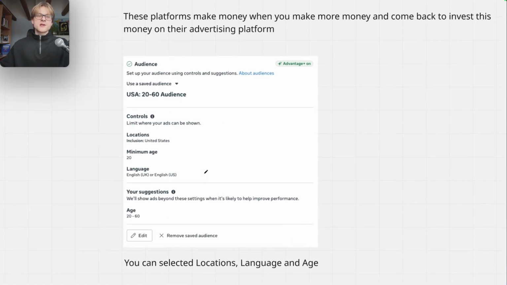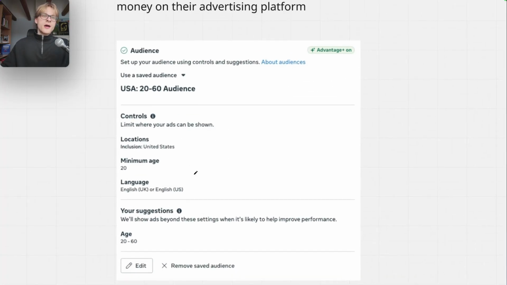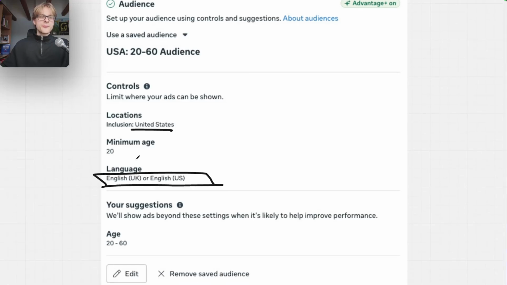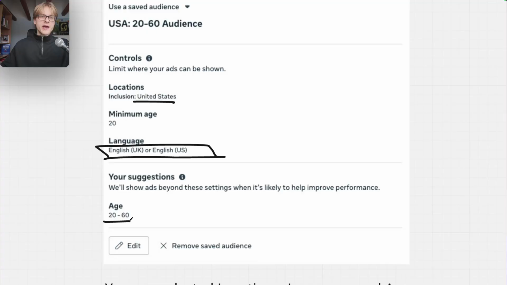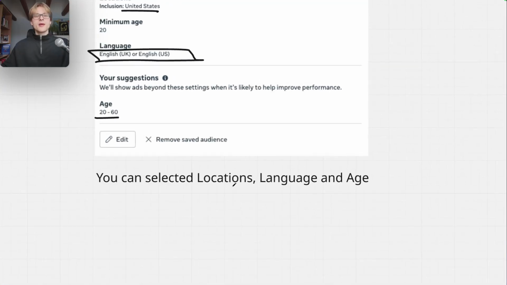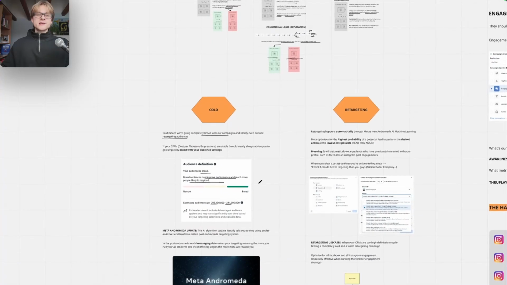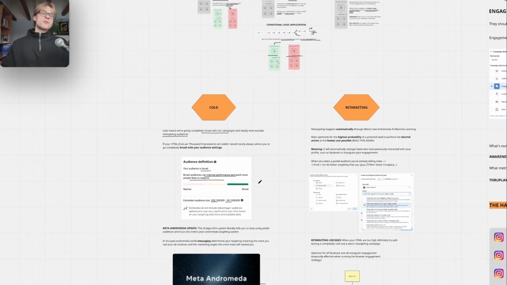So as you can see, this is about the audience over there. What I just did is obviously select the location United States, select the language as English or English US, because I wanted mainly the English speakers in there, and select the age to 20 to 60, right? So you can still select this, but I wouldn't select more in this case. And this is simply because I know a lot of people might be asking, yo, why don't you use retargeting in there? Simply because Meta does retargeting automatically, okay?